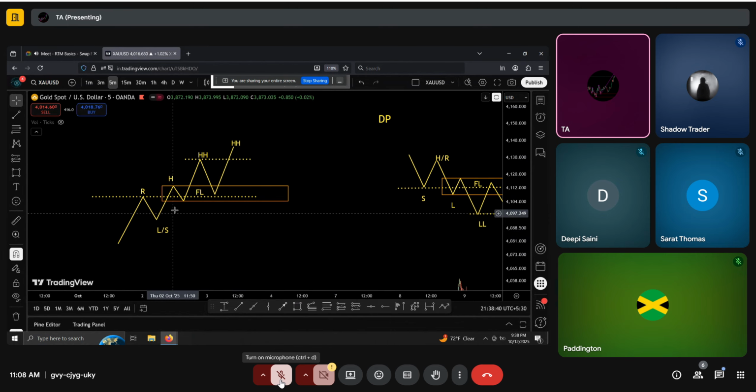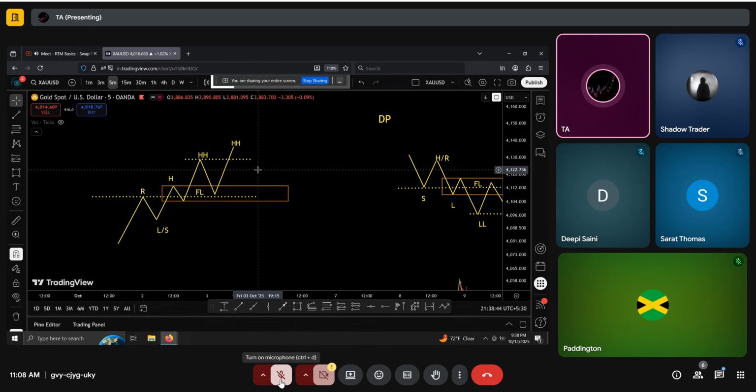FTR was formed, FL was formed. So now when the price comes back, this is our FL, and price comes back here,